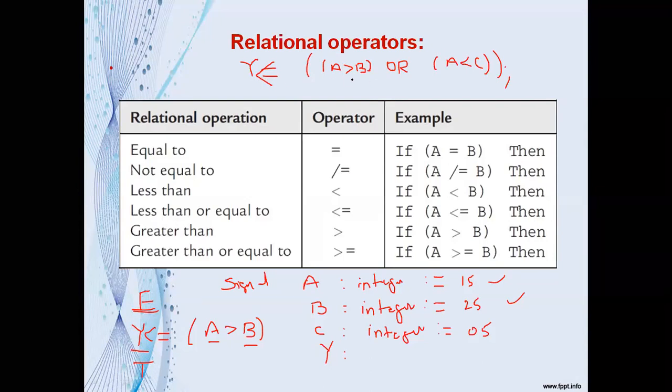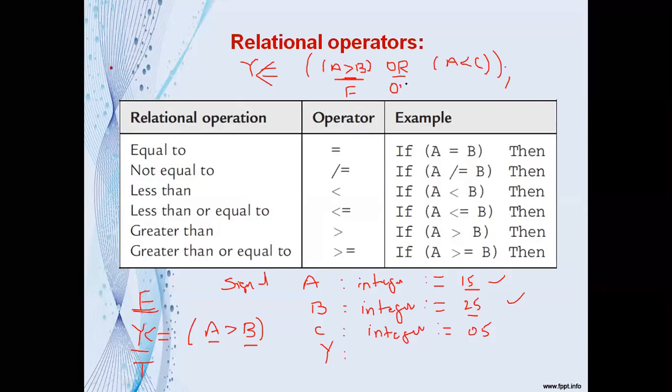So what is the function here? We have two functions here. Internally you are testing the relational operation, a is greater than b or not, a is less than c or not. And with these results, you are performing the logical OR operation, isn't it? So now you check this one. Because here we have the parenthesis, so a greater than b. What is the value of a? Initial value we have considered a is 15, b is 25, and c is 5. So the first condition, a greater than b, is true or false? The value is a is 15, b is 25, so the condition is false.